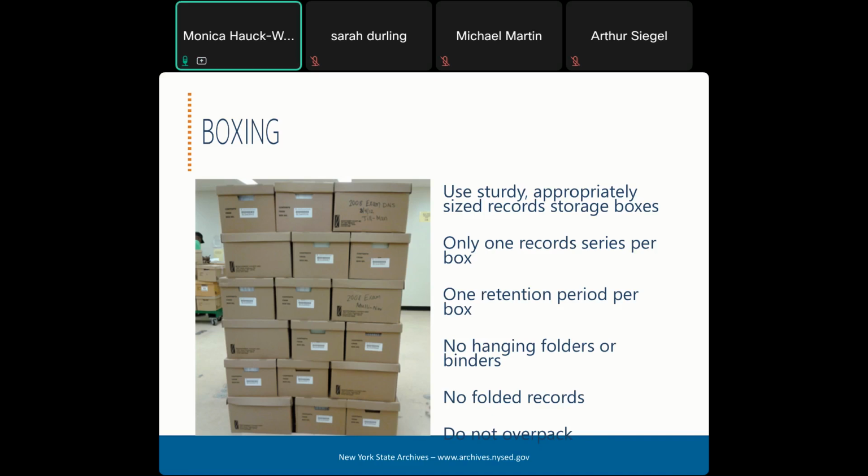Letter or legal records, the ones that fit into a normal filing cabinet, should be stored in cubic foot boxes measuring approximately 15 inches by 10 inches by 12 inches. These boxes are going to fit easily on the shelves that Arthur described, and when filled with paper, as Arthur said, they weigh about 35 pounds. That means that they're an appropriate weight both for storing on the shelves and for staff to be able to move safely. One thing to keep in mind, those boxes, which weigh 35 pounds normally, could weigh 50 pounds if you have a records disaster and they get soaked.